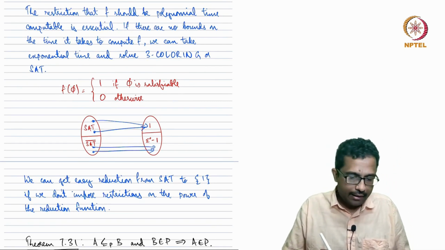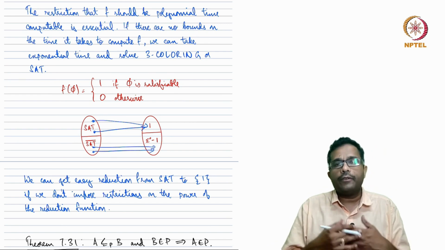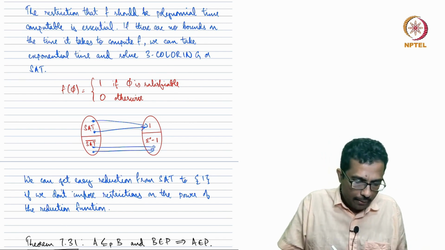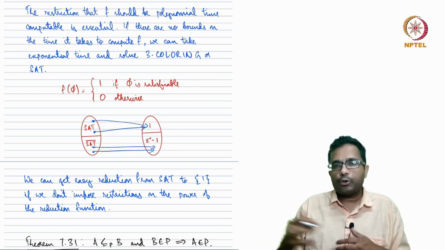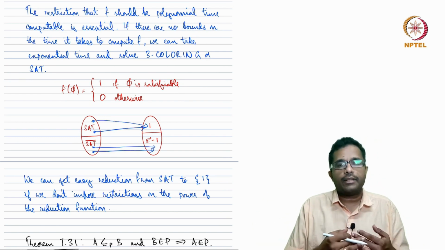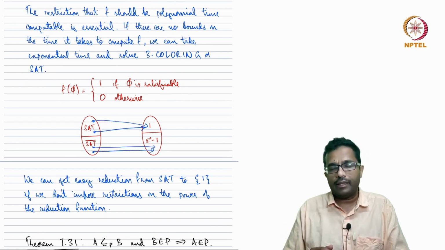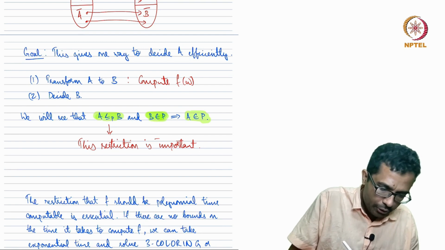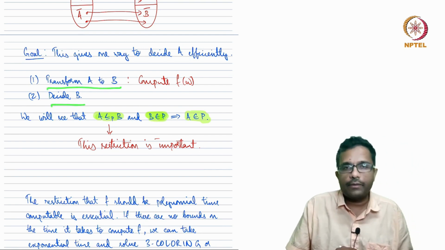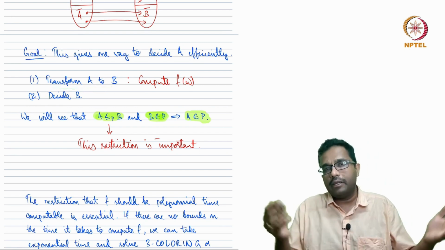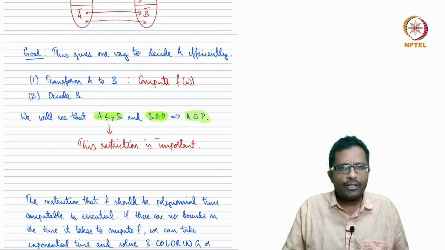Now you see that our goal was to efficiently decide a language A, which means all the steps should be efficient. I should be able to efficiently compute the transformation and efficiently decide B. So both the steps here, the transformation from A to B and the decision of B, should be efficient. Now if this transformation is not efficient, if I am allowed infinite time, then the whole thing is not